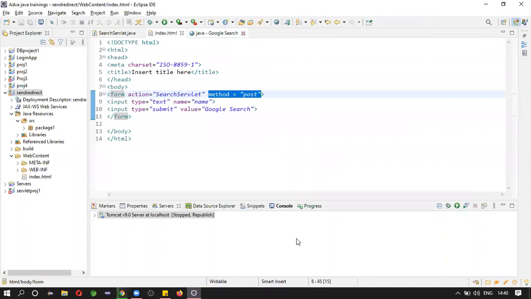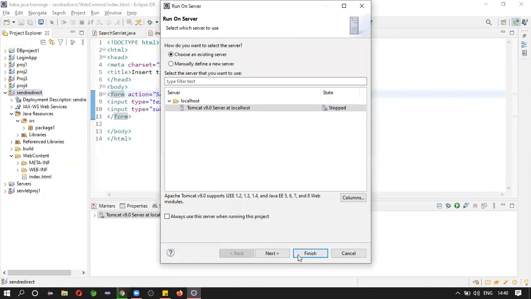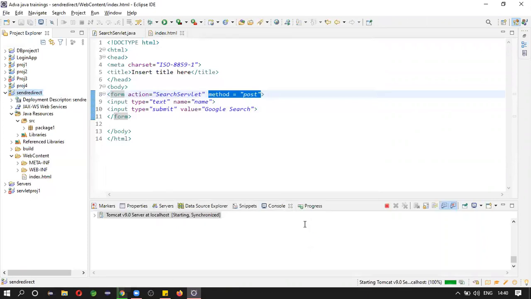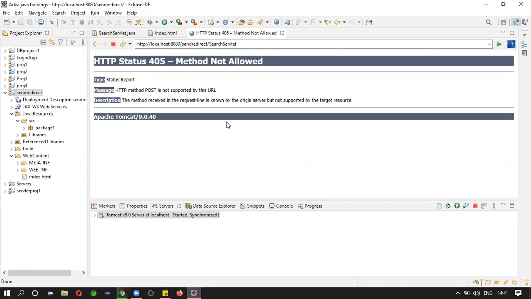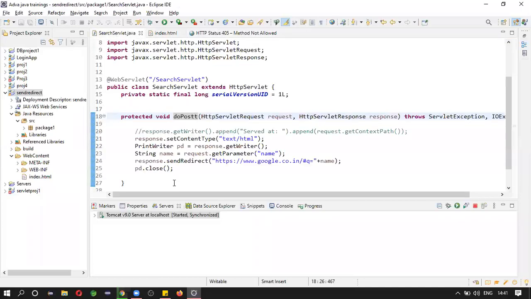Close this, and now let's run this program. Post is not... Oh, spelling mistake.